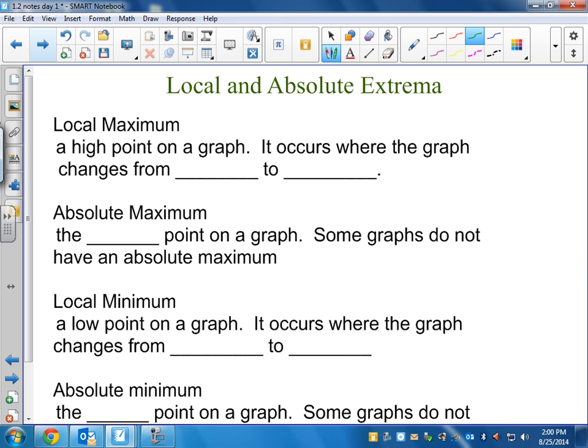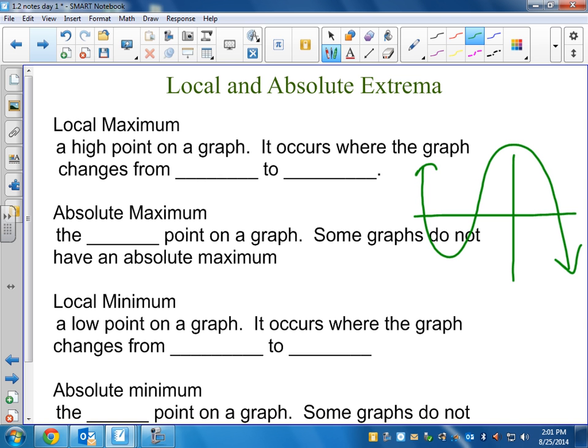Yeah, last one. Fill in the blank. Come here, Chris. Fill in the blank. Last year in Algebra 2, you talked a lot about finding local max and local min, and I just wanted to make sure I talked to you about the difference between a local maximum and an absolute maximum. So what if we drew this little graph over here,